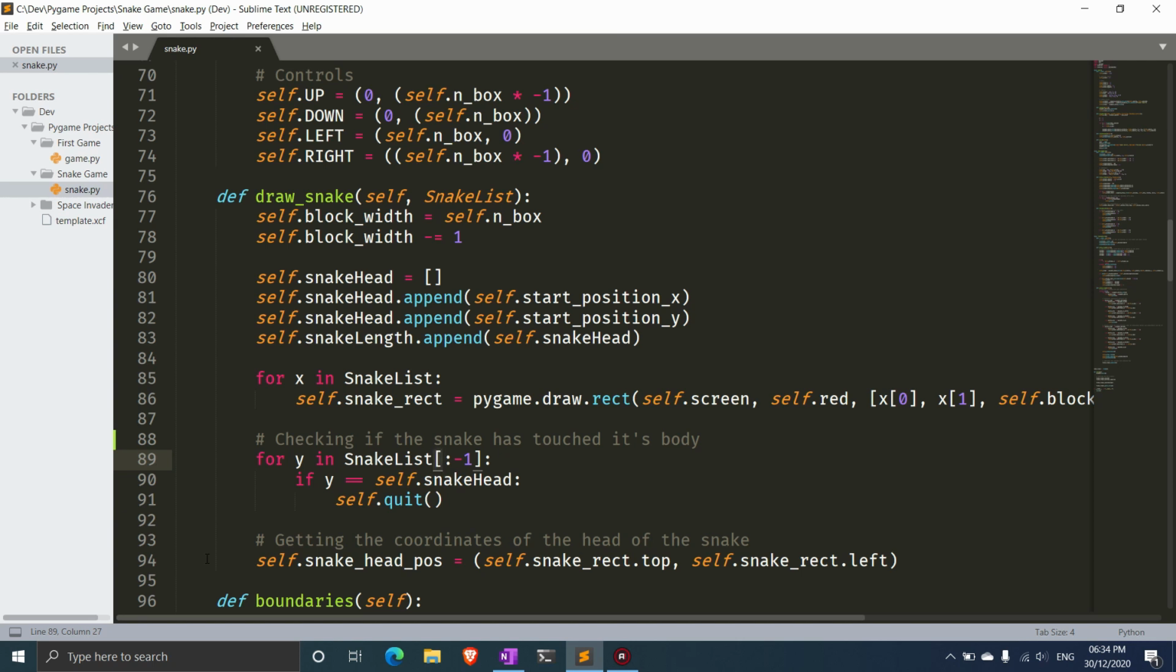It's going to be the last. So append essentially adds an element into the list that's going to be at the end. So we're going to be searching that, so the last element's actually the real position of the head of the